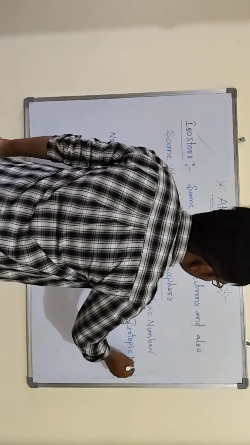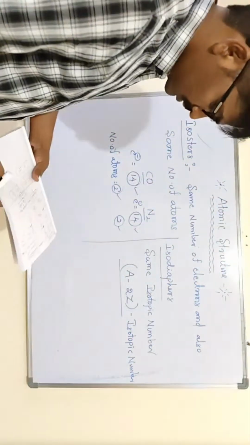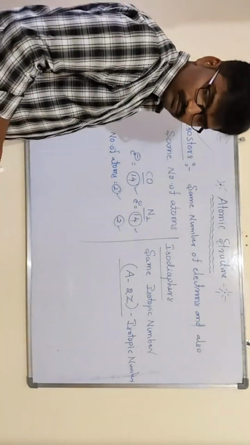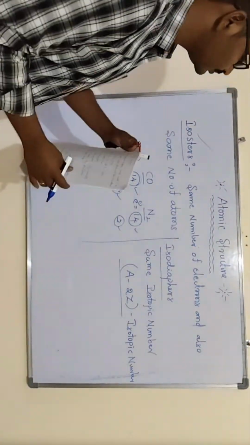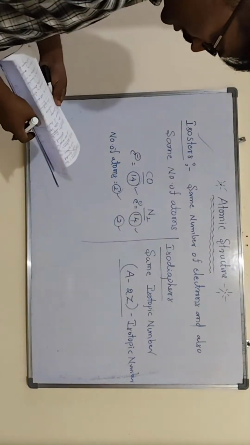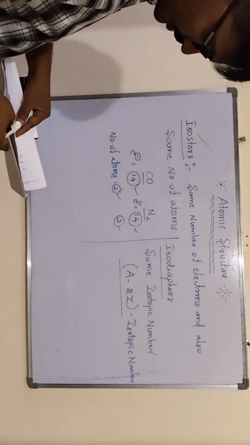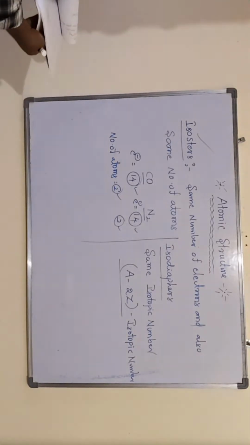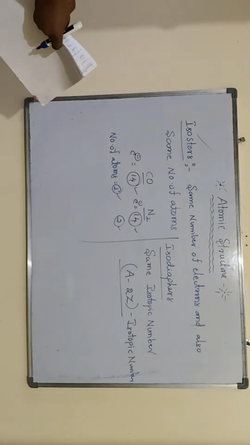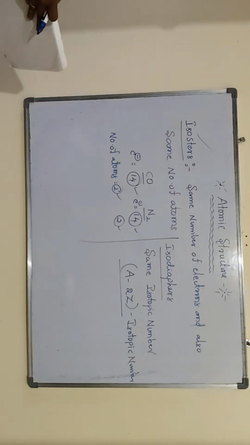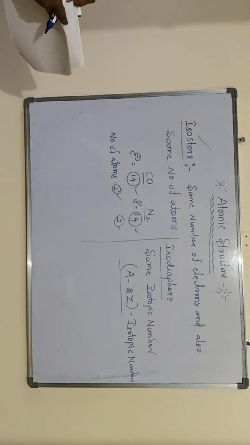Isotopic number. Examples I will give to you, for isodiaphers. So what is an isodiapher? Elements containing the same isotopic number are called isodiaphers. Examples for the isodiaphers are,